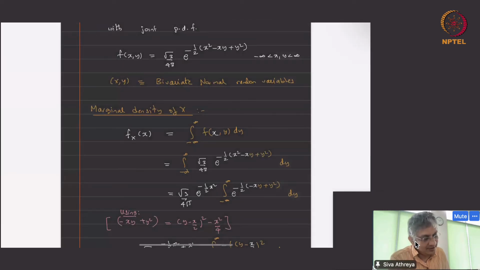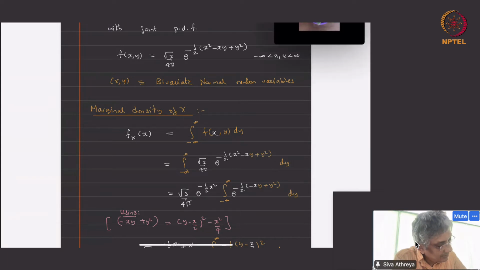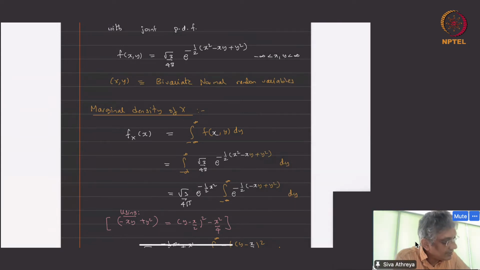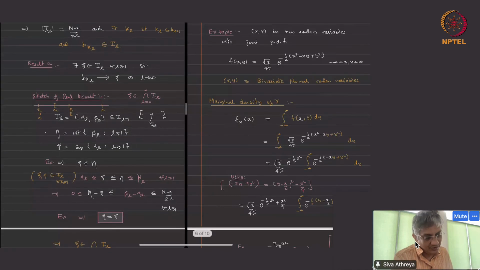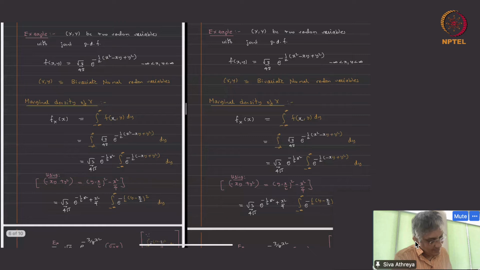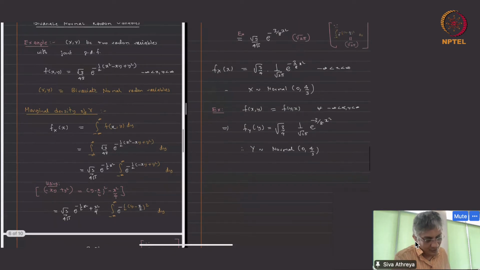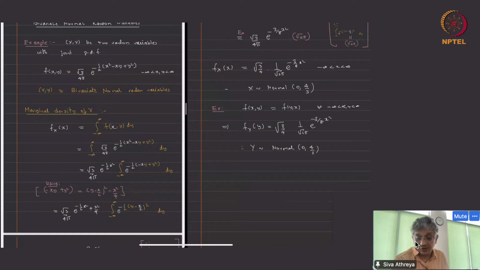Very cool. So now let me make the window double again, so I can show both sides to you. Let me show this to you. So what have we established? We established that if x and y have this joint density, then y is normal and x is normal as well. So that's the motivation for giving the name bivariate normal. Of course, there's far more justification, but I have two random variables x and y whose individual marginals are normal, and they have a joint density, which is not